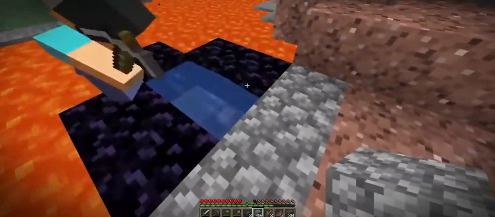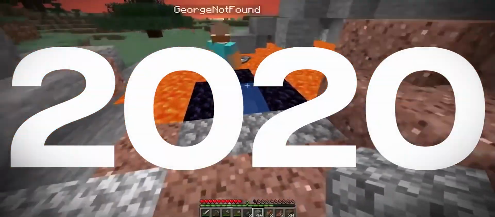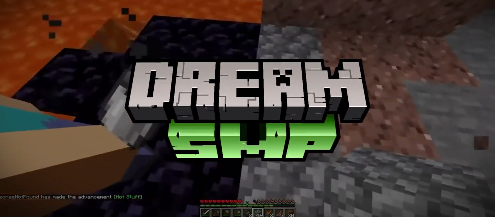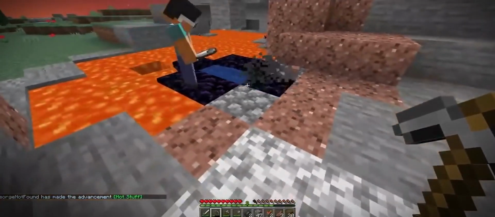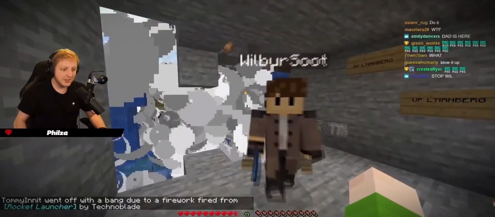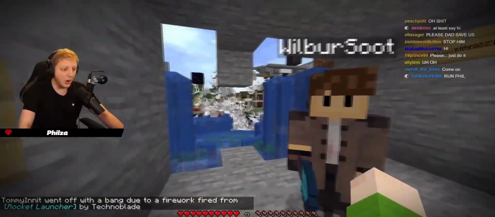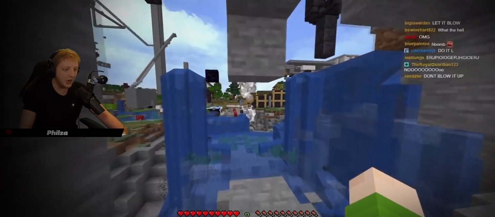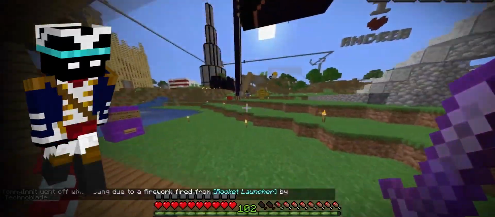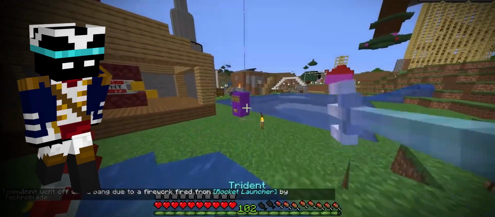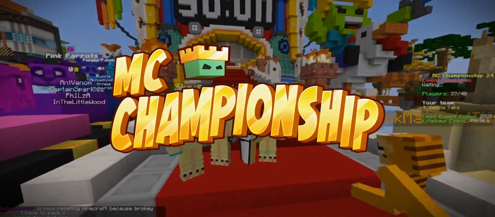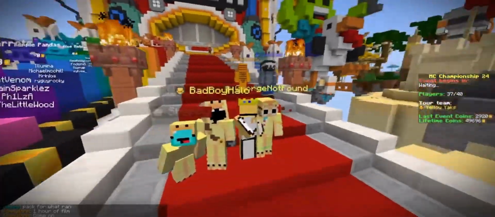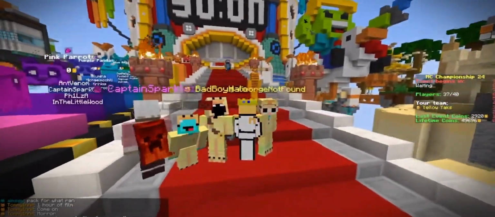The year is 2020, and Dream would officially start the Dream SMP, launching a whole new wave of creativity in Minecraft skins called faction skins. This was a trend popularized by the faction of L'Manberg, with many fans wearing the faction's coats and flags on their own Minecraft skins. This trend would also carry on to popular teams and events like Minecraft Championships, where entire teams would wear matching outfits to symbolize their team.